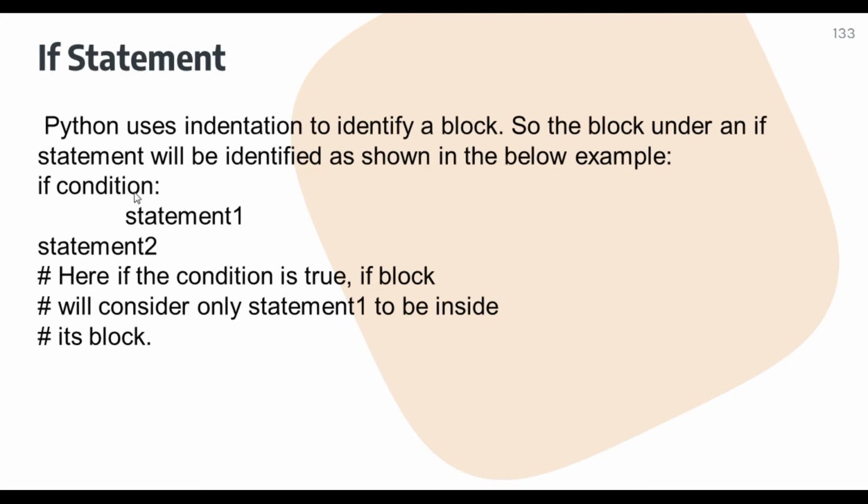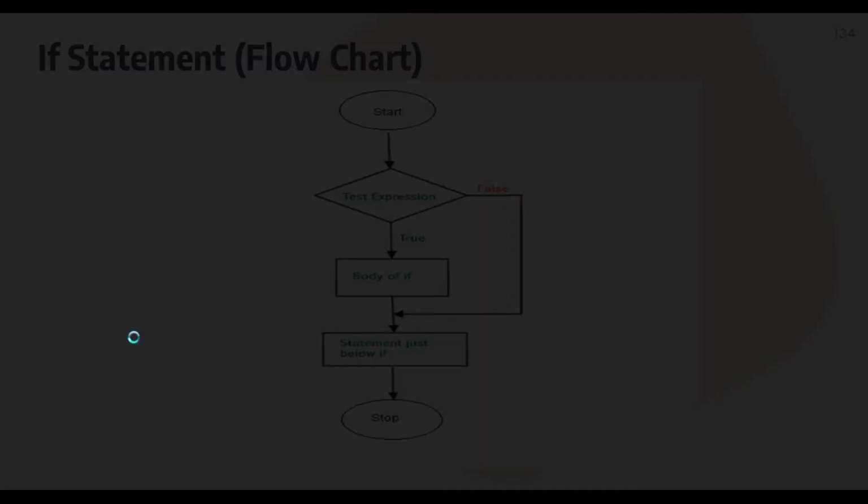So here you can see the if condition, then after that colon. After hitting enter, you will see the cursor come slightly to the right, I mean away from the left side of the programming edge. Whatever you type will come here only, and after hitting enter you can press backspace to come out of the indent, and you can type statement 2. So here, if the condition is true, the if block will be executed. It will consider only one statement inside the if indentation, and that is the block.